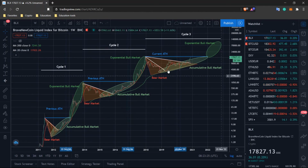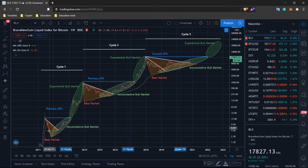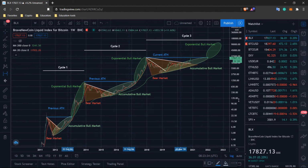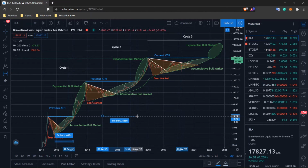And why did I draw this accumulative bull market phase for this duration? If we measure the first accumulative bull market phase, we can see that the duration of the accumulative bull market of cycle 1 is 64 bars. If we take a look at the second accumulative bull market, it was around 118 bars, therefore a difference of around 50 to 60 bars. And if we add 50 to 60 bars on this,